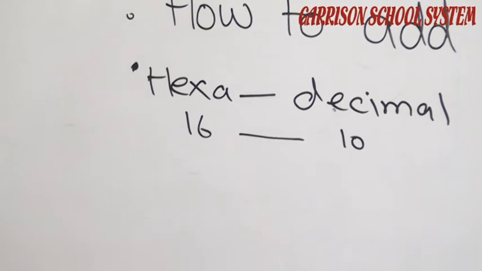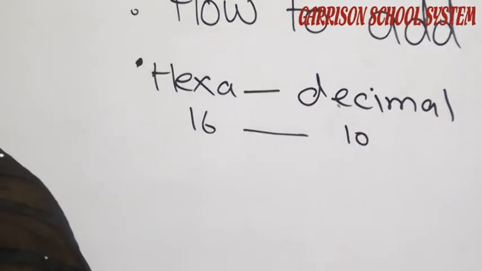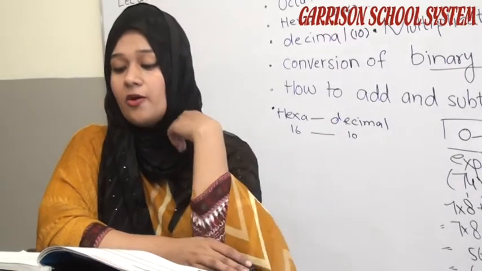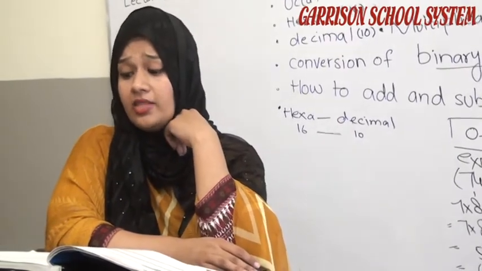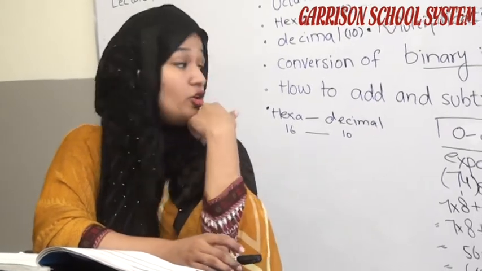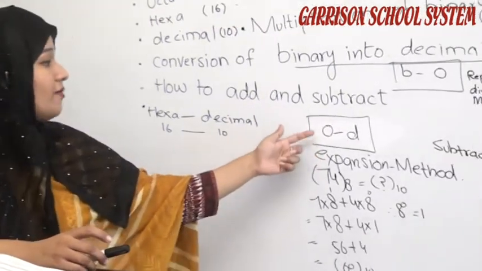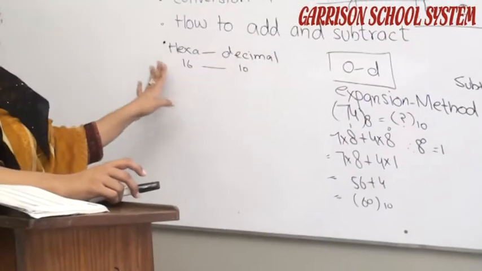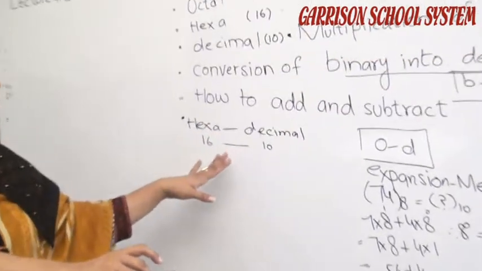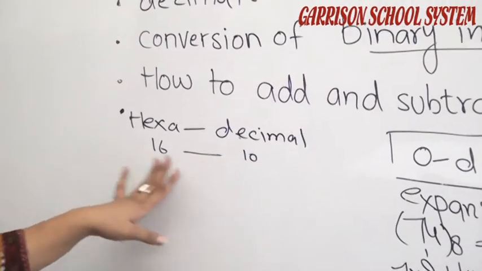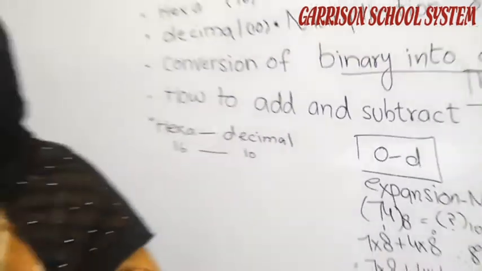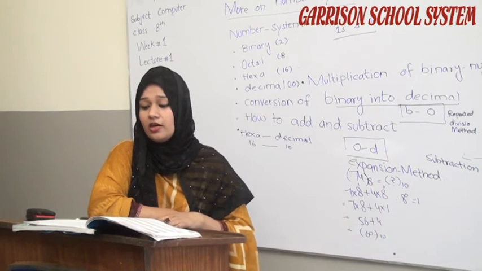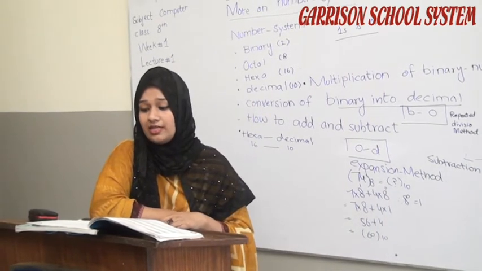Whenever you have to convert any hexa number into the decimal number system, we can convert the values with the help of the expansion method. You know well about the expansion method from converting octal numbers into the decimal number system. In this unit, you also learn hexadecimal values into the decimal number system. Hexa is 16 and decimal is 10. You convert hexa values into the decimal number system with the help of the expansion method. The reference is the same, we use base 16 instead of base 8.